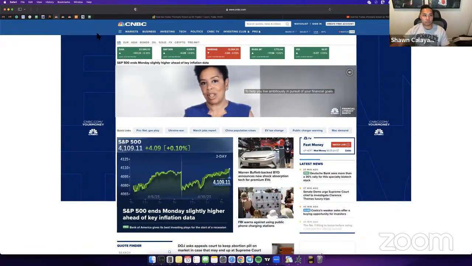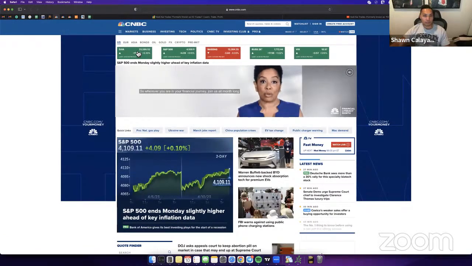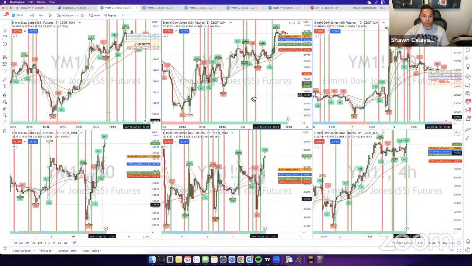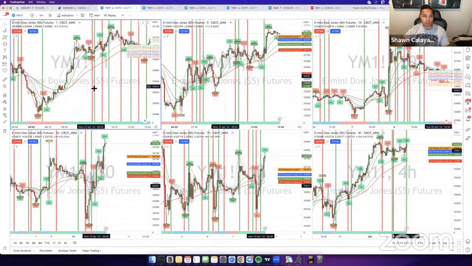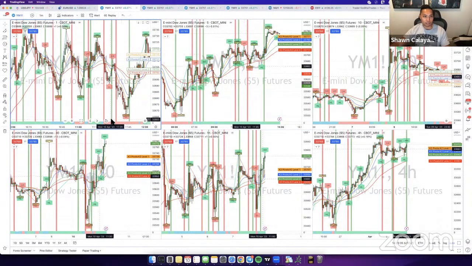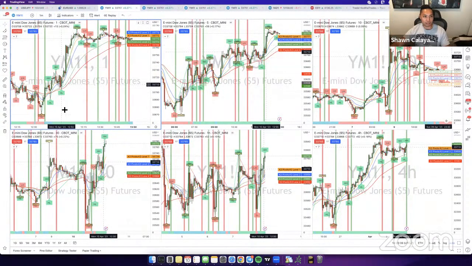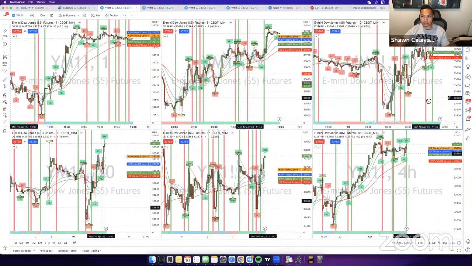With that said, you have two biases here: retail sentiment and fundamentals, which are bullish. Looking at the technicals, you can see that price here is bullish. We can't really check back at this point, but we were already looking for a buy this morning, so you can just assume that it was bullish. We want to make sure that price is above the pivots, pivots are angling up, and the trend meter is green. Everything is pointing towards a buy. That's basically what we have here: price above the pivots, trend meter green, same over here on the 10-minute time frame.